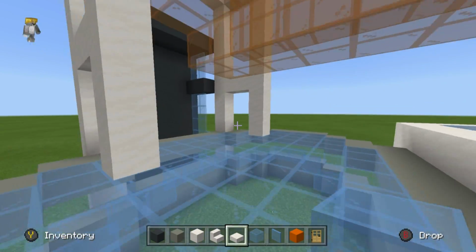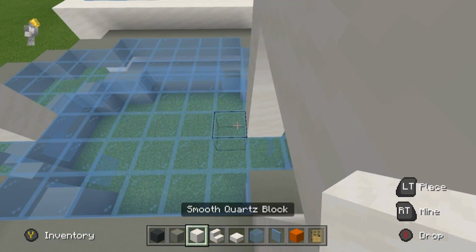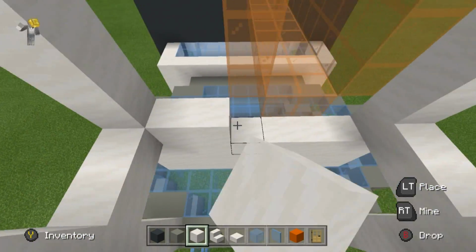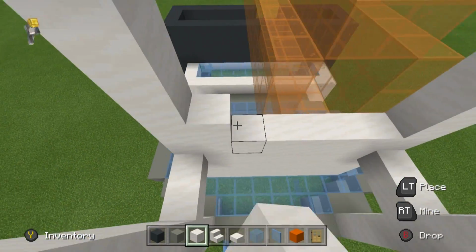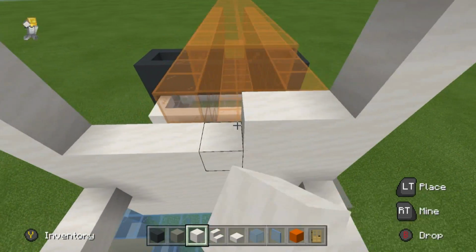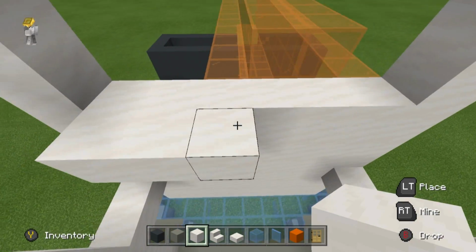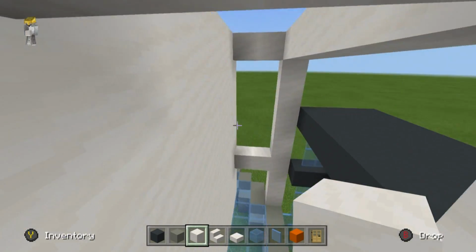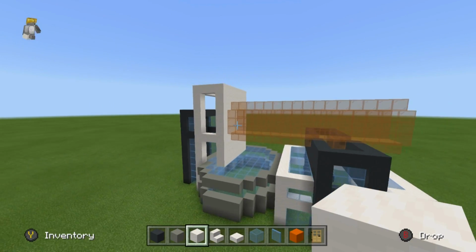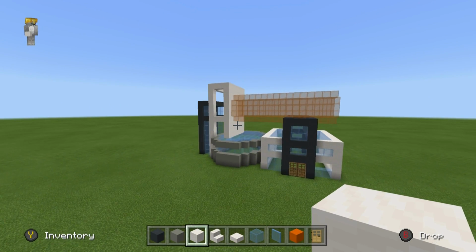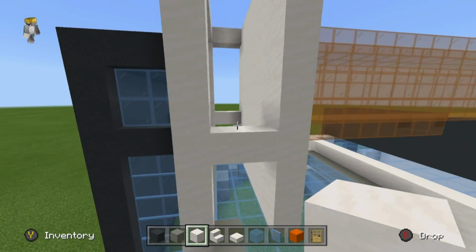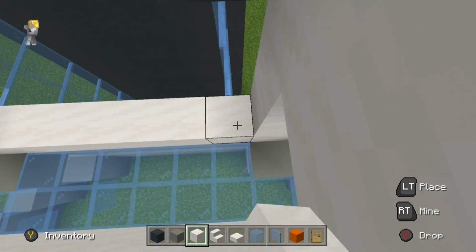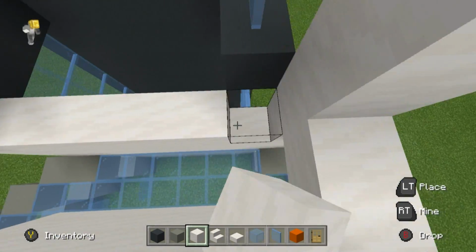What are we then going to do? Well, the quartz structure that we have connected to it, we're going to join it. So on the inside, we're going to place just quartz block. We're going to completely fill it in using block of quartz, just like this. So, like so, here, and here, just like this. That's not looking too bad. And then what we're going to do next, we'll fill the inside, the opposite side as well, in with block, just so that the glass